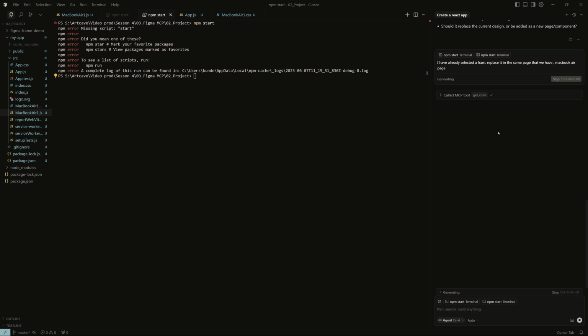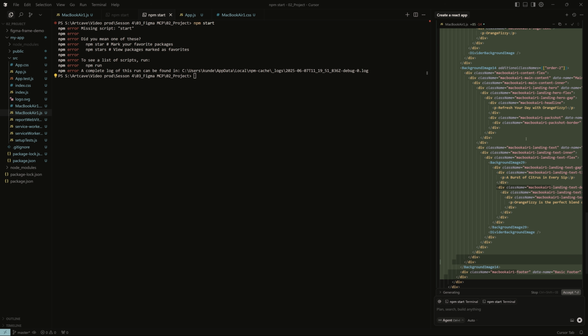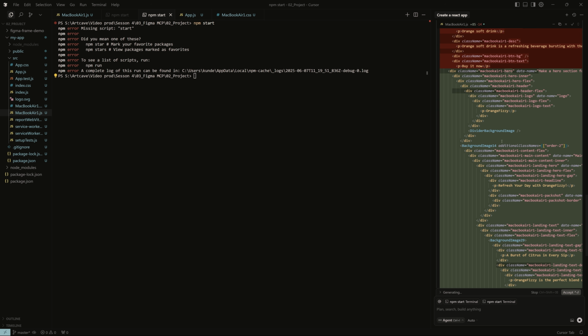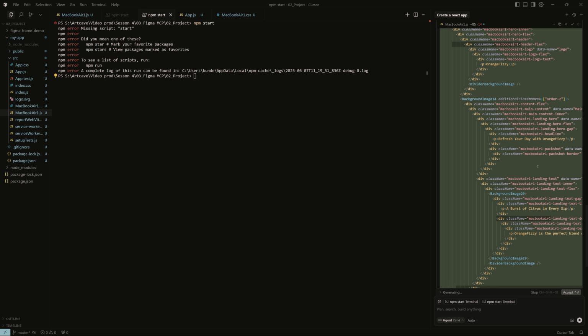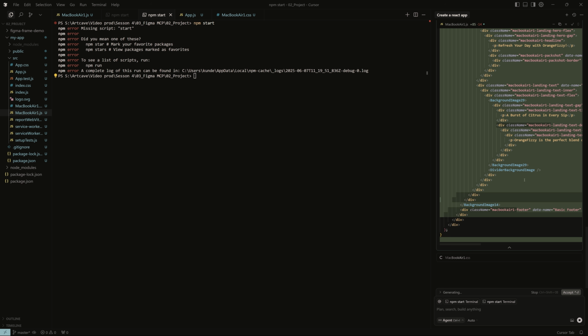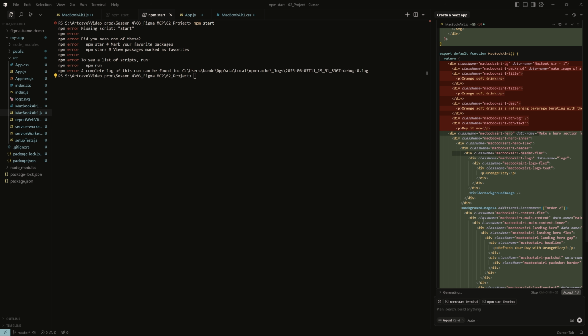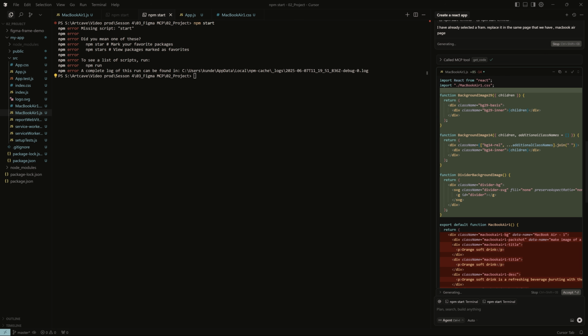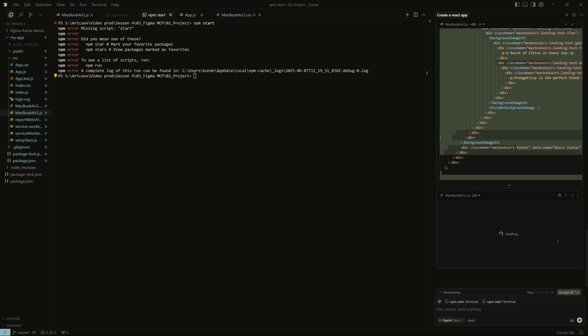So again, it is calling the MCP tool. It is working at the moment on the MacBook Air JavaScript file. If you want, you can check the code at the moment, and I feel like we can see most probably different classes here. I'm not sure if this is exactly what we want, but yeah, let's accept all the changes.